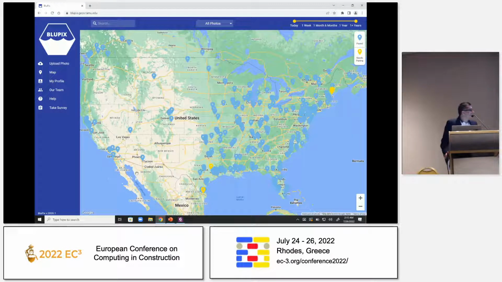Let me just show you an interface of this app. This is live as we speak. All these blue pins are paired stop sign photos. And if you notice, there are a couple of yellow pins that are yet to be paired. So we have a post-flood photo of a submerged stop sign, but nobody has paired that with a pre-flood photo yet. If you click on any of these pins,